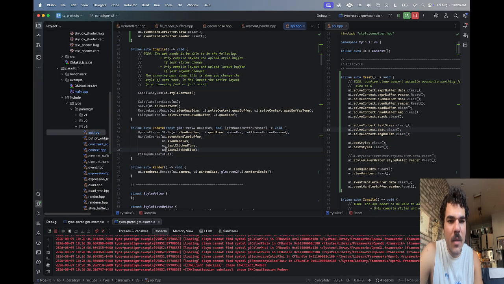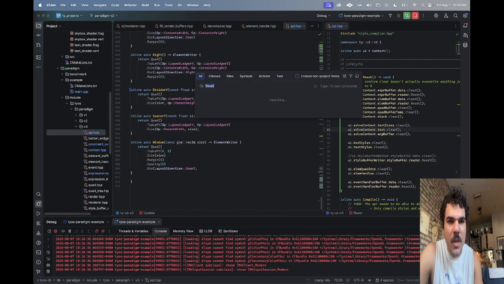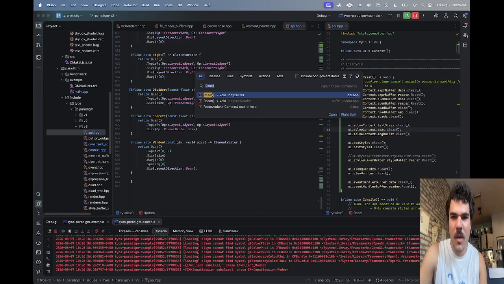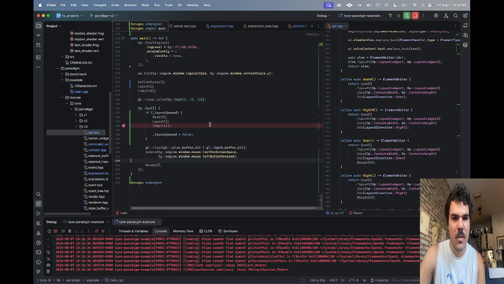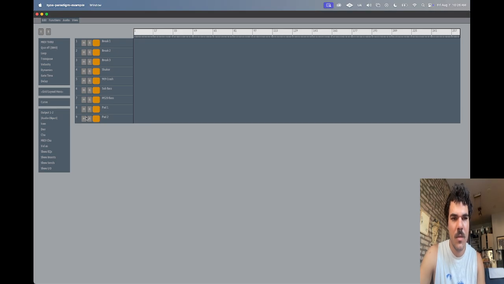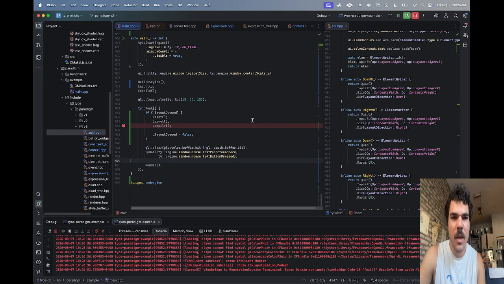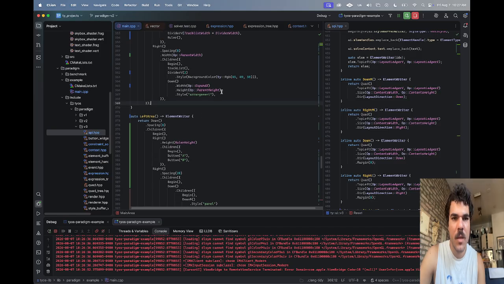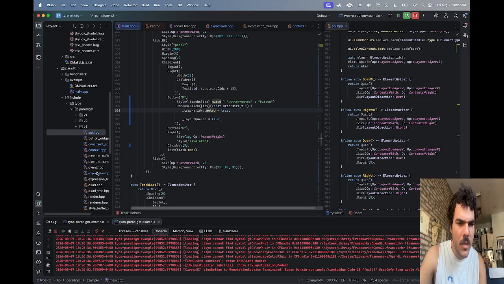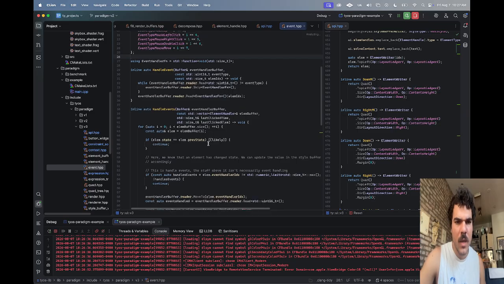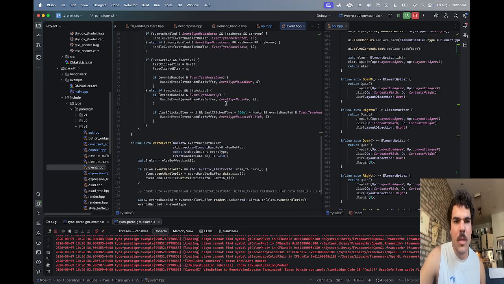I don't understand why click is just not working. It sometimes works, but it sometimes doesn't. Let's see. There's probably, yeah, it's probably an event. Handle event. So we know